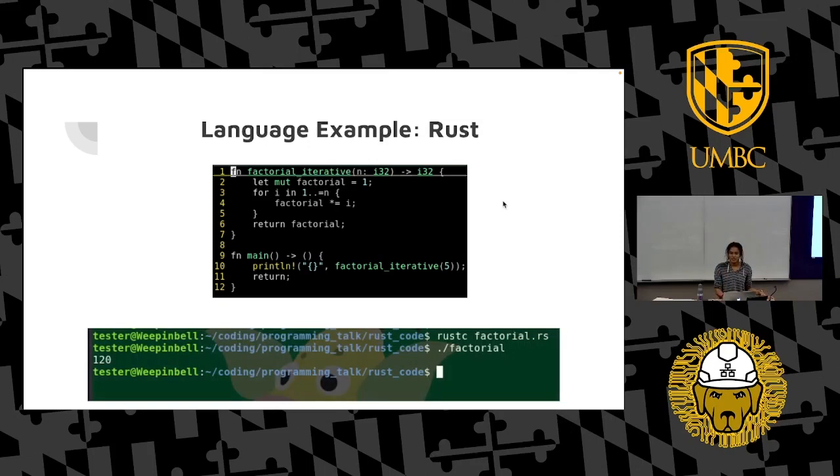Why is there an exclamation point in the function call? Don't worry about it. It's just very safe. Oh yeah, this also wasn't written, this was also written by my friend Drew. That was one of the ones I had to offload because I just didn't have time to learn Rust. But yeah, that's Rust, and honestly, the compiler is kind of nice. So I would recommend it, I would learn Rust on my own time.